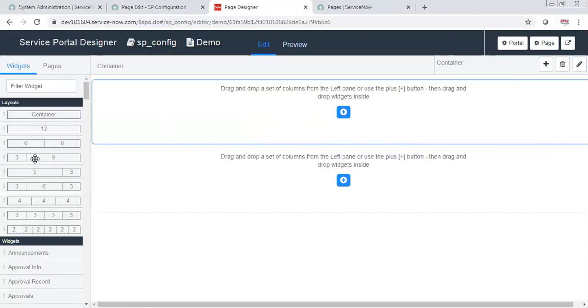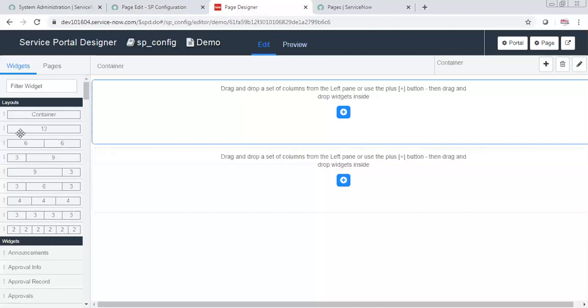Let's say you want one column big and another one small, then similarly you can use 3 by 9, or 9 by 3. Basically the total of these columns is not going to cross 12. Maximum value can be 12 and you can divide it, for example 2 by 2 by 2 by 2 by 2 by 2 if you want 6.